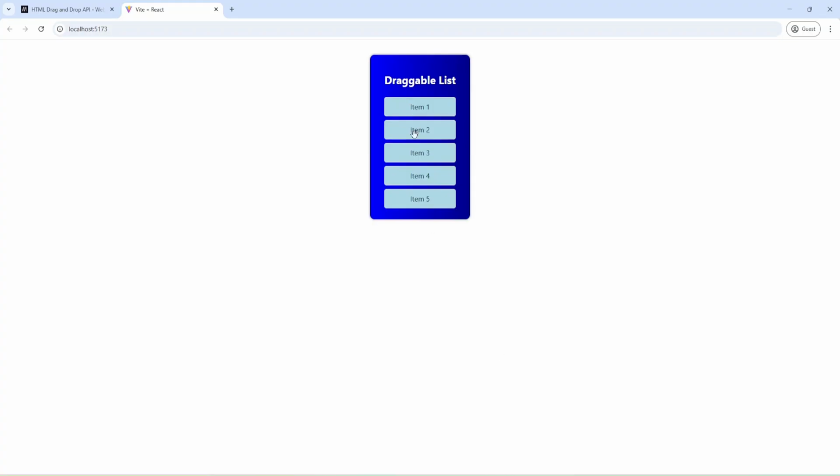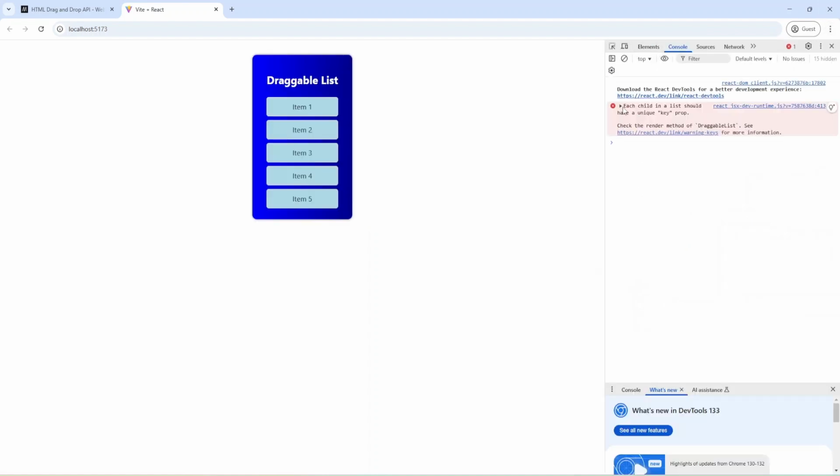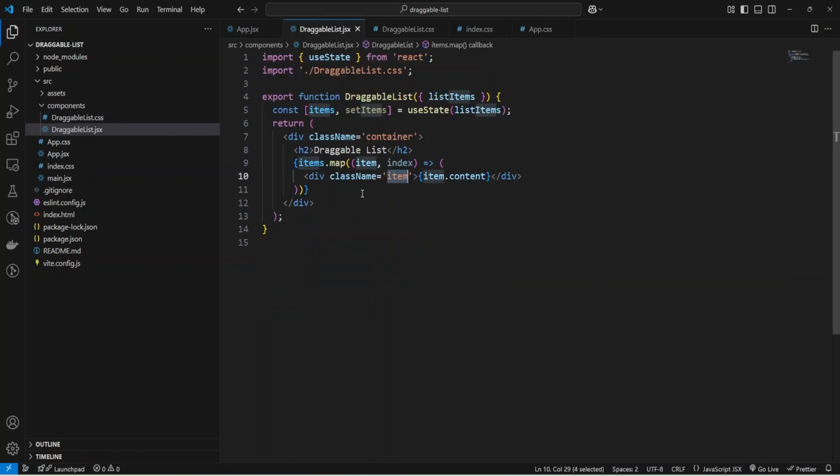And as you can see, we have our items, but the draggable options aren't working so far, and we are going to add them. But first of all, let me open the console, and we have this warning that each child in a list should have a unique key, and let's fix this first.